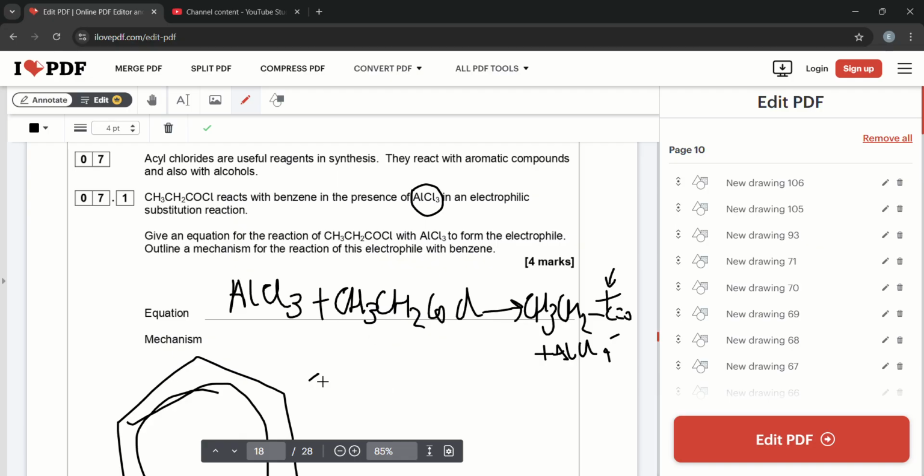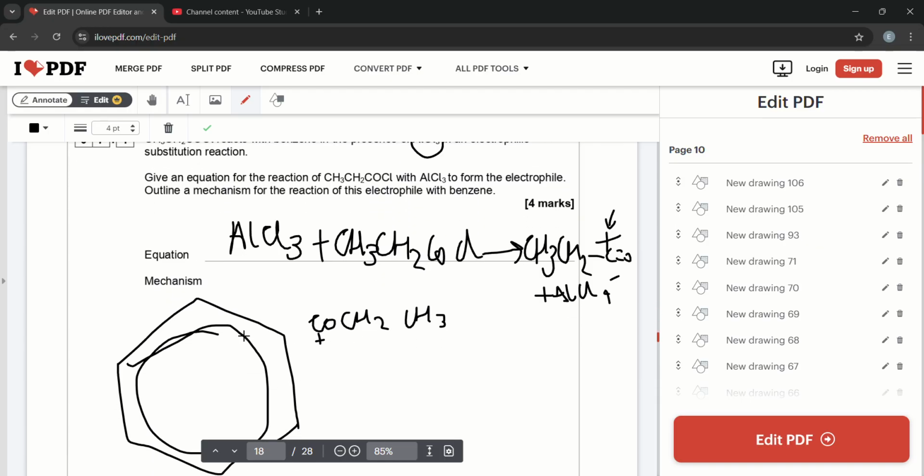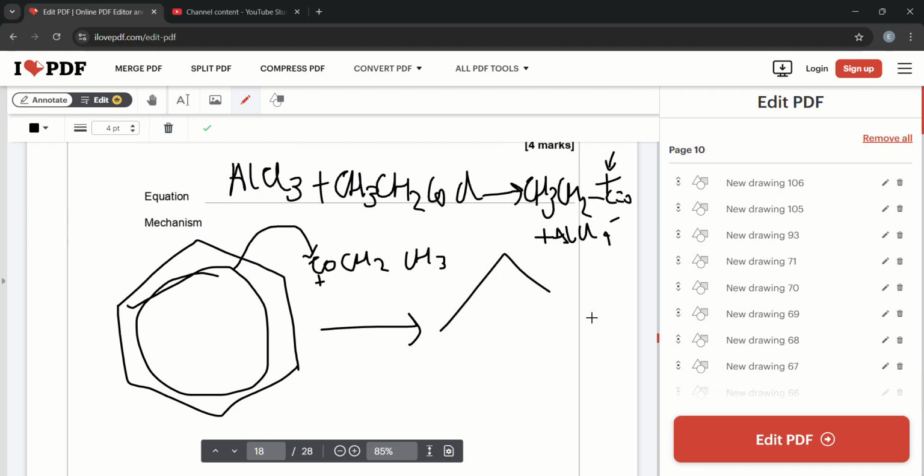So it's going to be CO, CH2CH3 carbon positive. Just flip that around, and it's going to go from the ring of delocalized electrons to the carbon, and now you form the original thing, but now you've got this horseshoe ring,